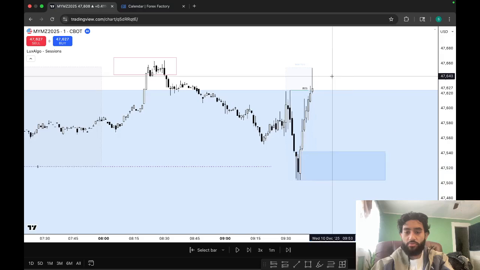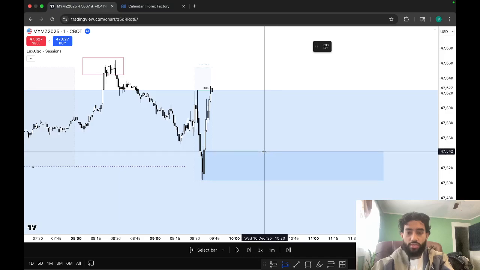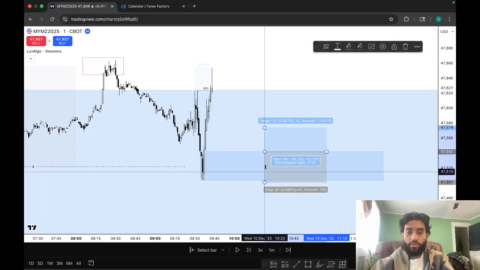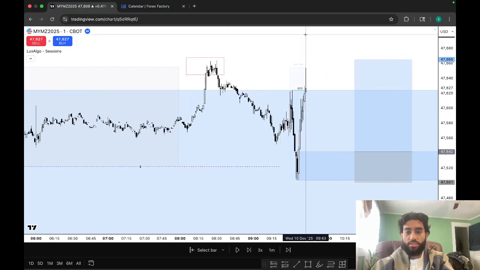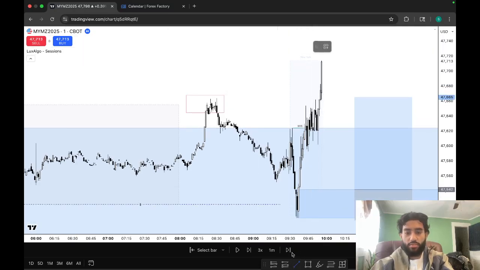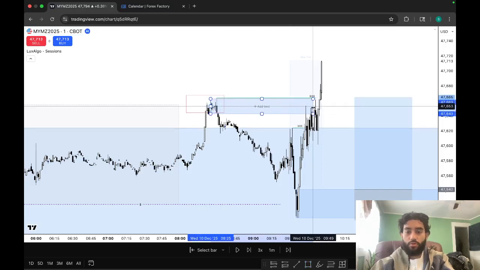I had that demand zone marked out, and I was targeting a 1 to 3 as I always do. So right there, 1 to 3 RR, it's about there. And let's just see what price does, if I'm gonna get tapped in or not. Boom, price made a bullish break, correct? Price came up here, we made another bullish break, and this zone over here, this potential supply zone, was a